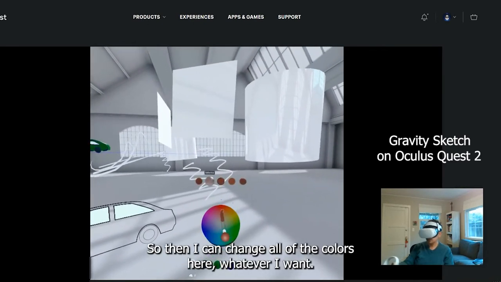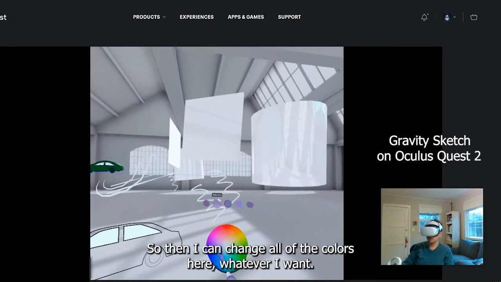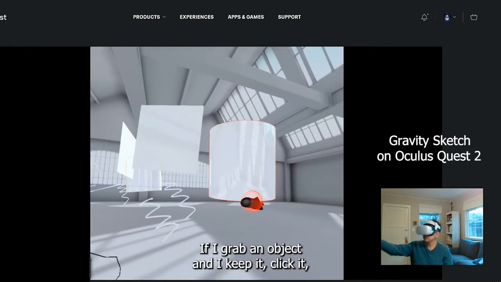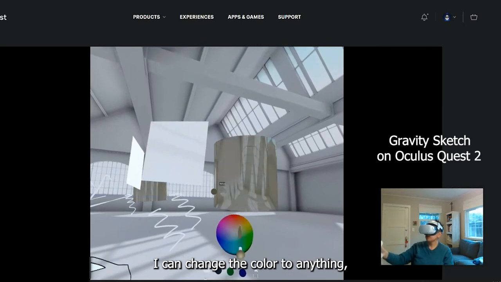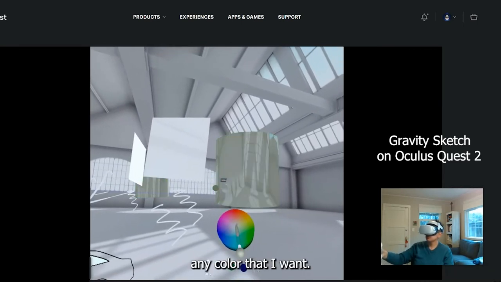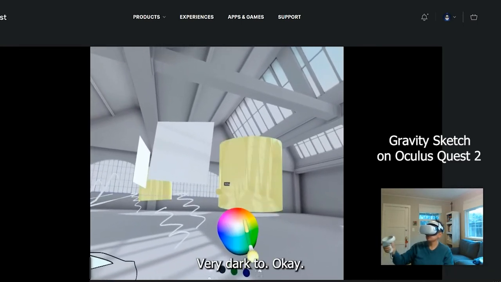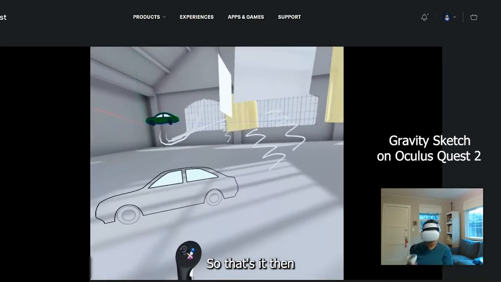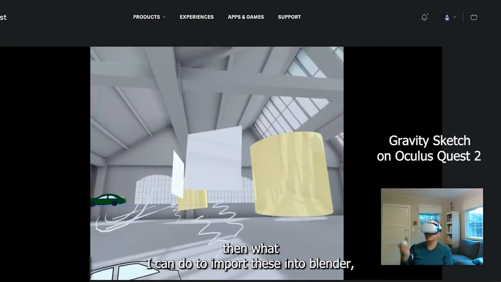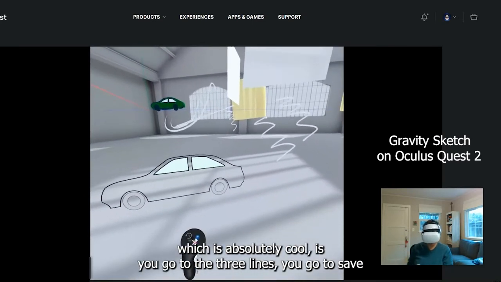So then I can change all of the colors here, whatever I want. If I grab an object and I keep it clicked, I can change the color to anything, any color that I want. Very dark. Okay. So that's it. Then what I can do to import this into Blender, which is absolutely cool, is you go to the three lines,